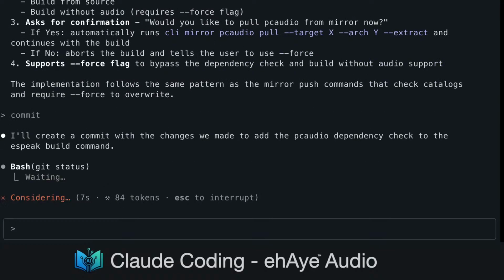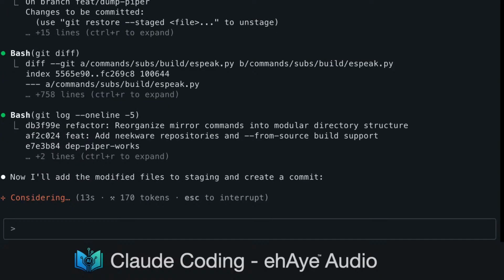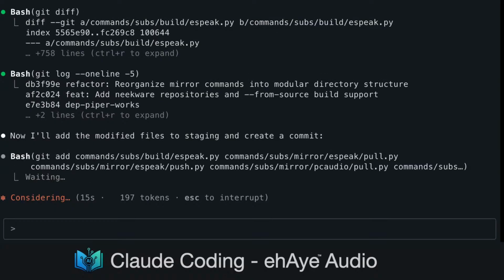Let me commit these changes with a meaningful message about the SBIC dependency check. Now I'll add the modified files to staging and create a commit.